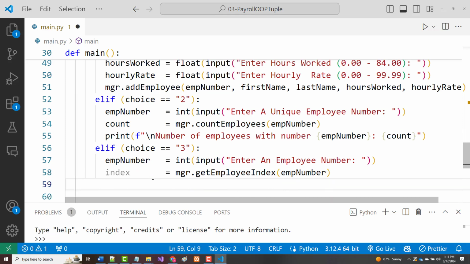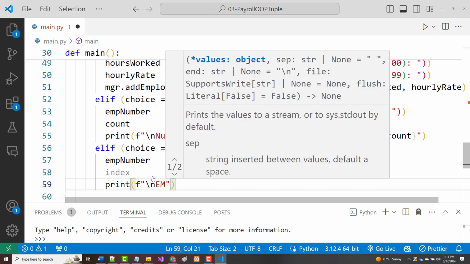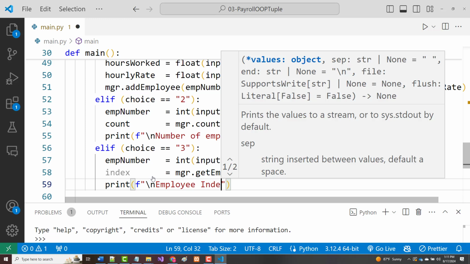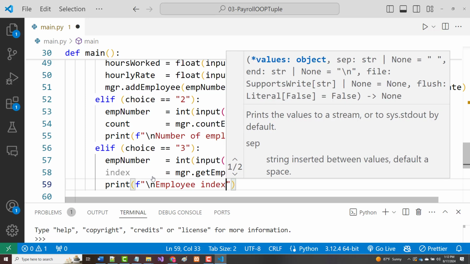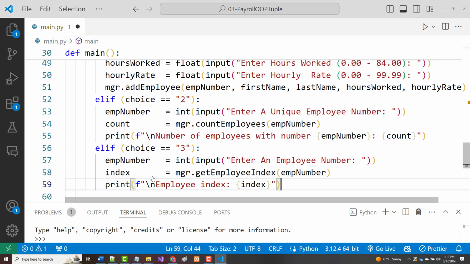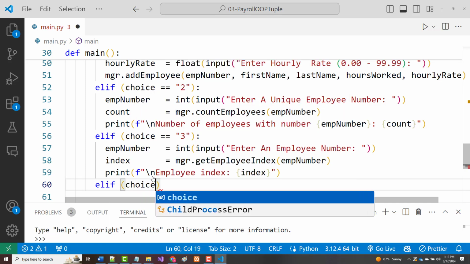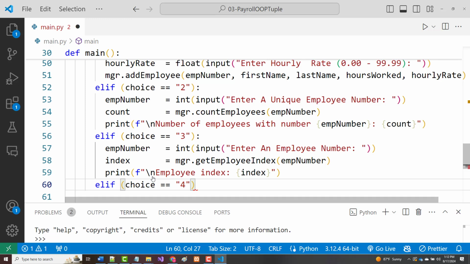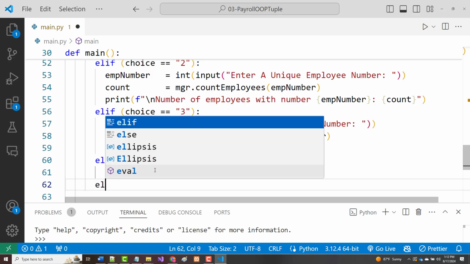Oops. And then we'll print that index. If it's a 4, display employees. If it's 5,